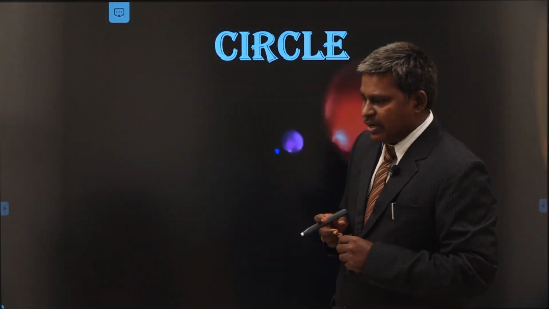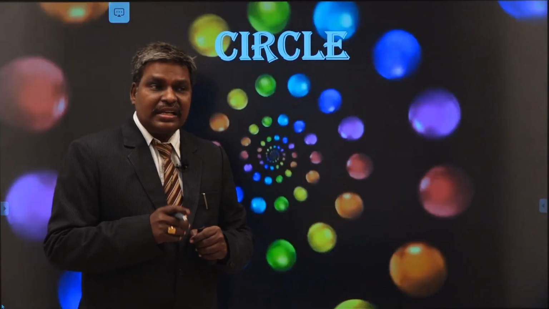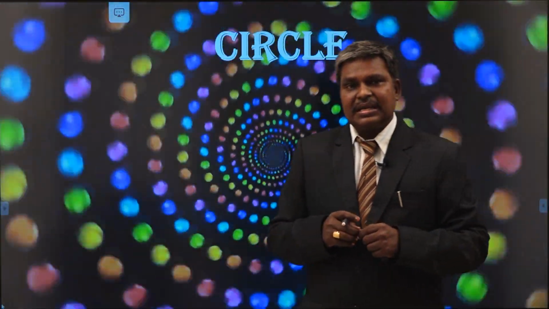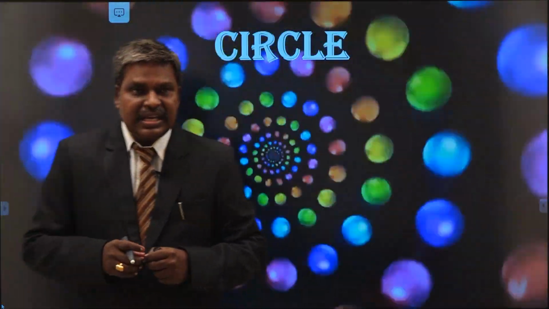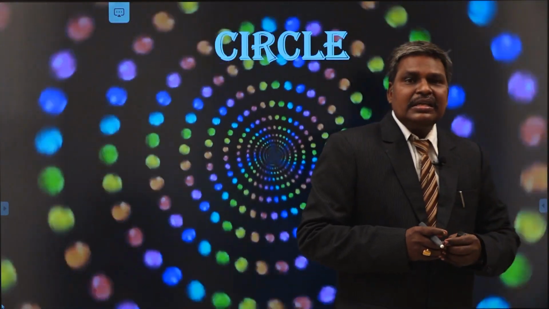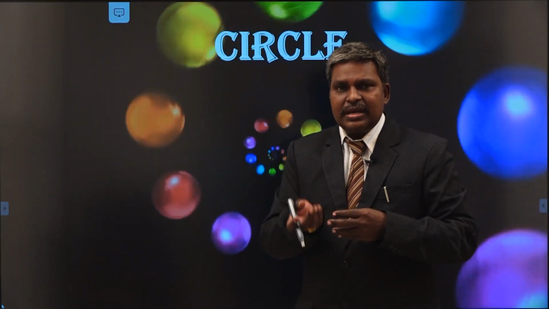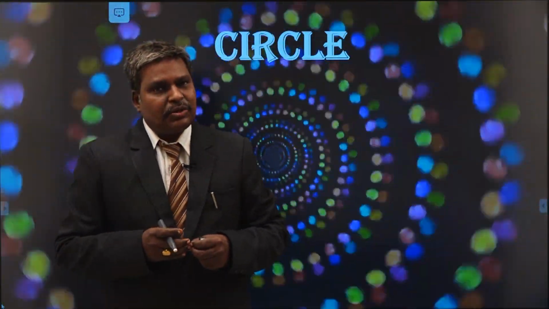Also we have discussed one important result, that is the image of the orthocenter. What is that? The image of the orthocenter with respect to any side of a triangle always lies on its circumcircle. So if you take the orthocenter of any triangle and find its image with respect to any of the 3 sides of the triangle, it must lie on the circumcircle of the triangle. Also we have seen one problem related to that.